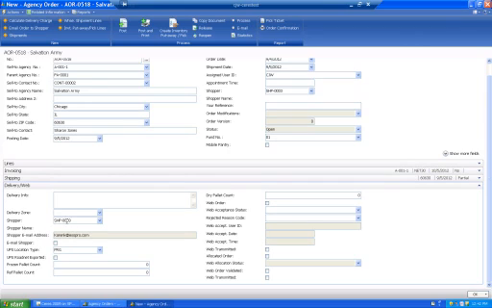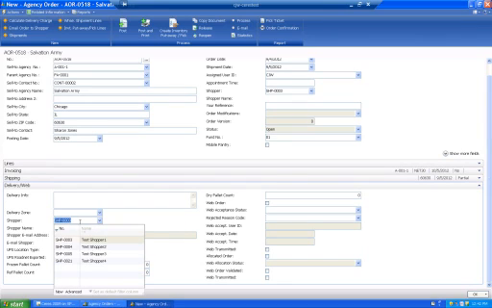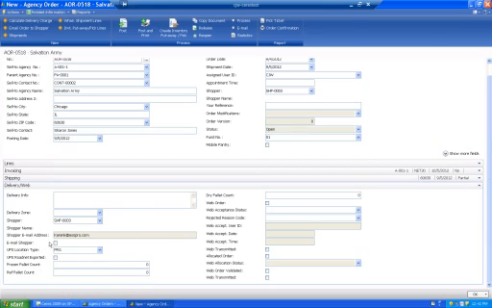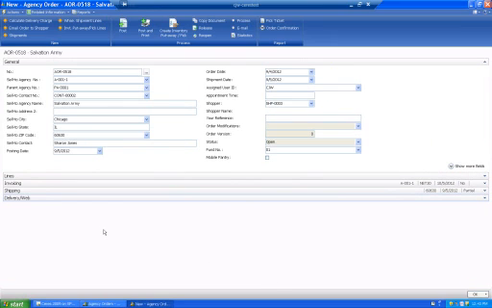We've got the shopper number. The name doesn't show here, but if we were to drill up on the shopper, we can go look at the card and see that it's test shopper 1. And if we wanted to email the shopper, this would be set by default to email the shopper typically if it's an Agency Express order. If you wanted to email the shopper a copy of your order, you can check this box and then use the function later to email them order confirmation, not pick ticket, but the order confirmation if you would like. So we'll go ahead and collapse the delivery web tab,